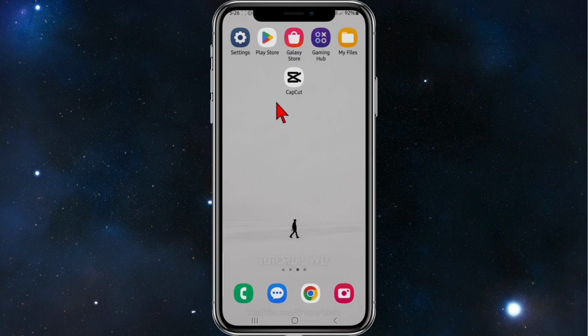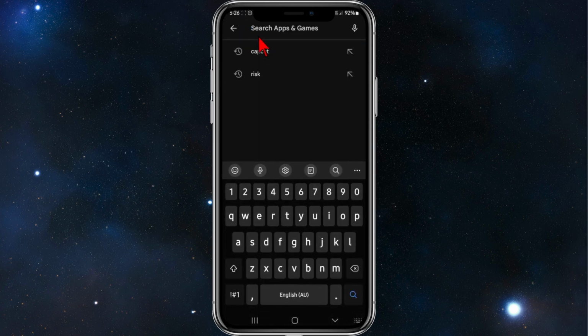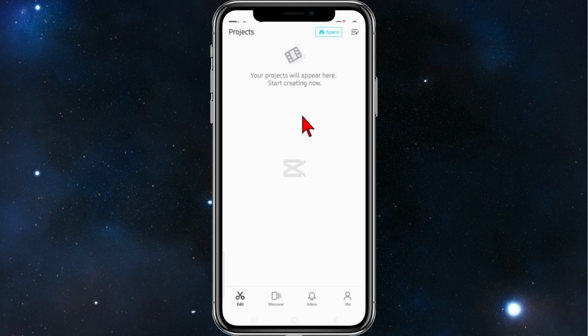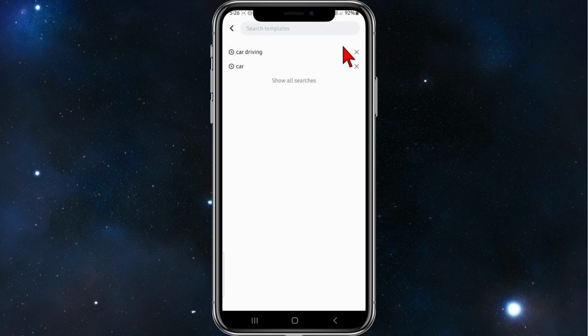Alright, the first thing you need to do is go ahead and download an application called CapCut. So I'll go ahead and do that now. So go to your Google Play or App Store and search for CapCut. And then install CapCut. And once that is done, click on Open. Wait a moment for it to open, and here just click on skip like so,